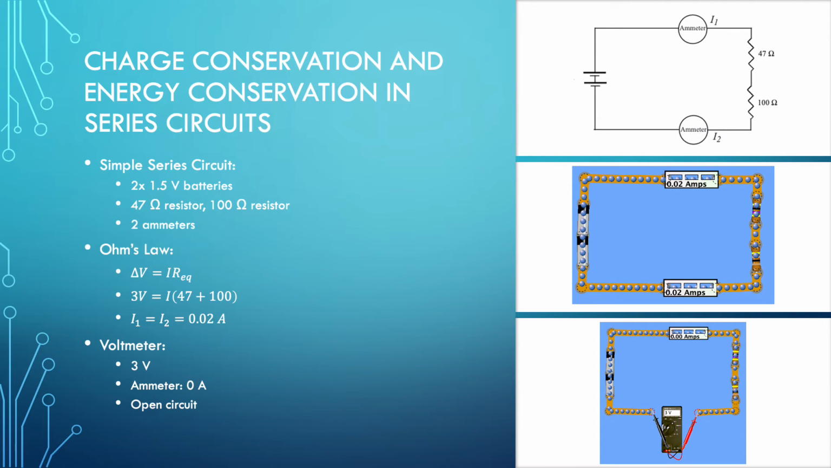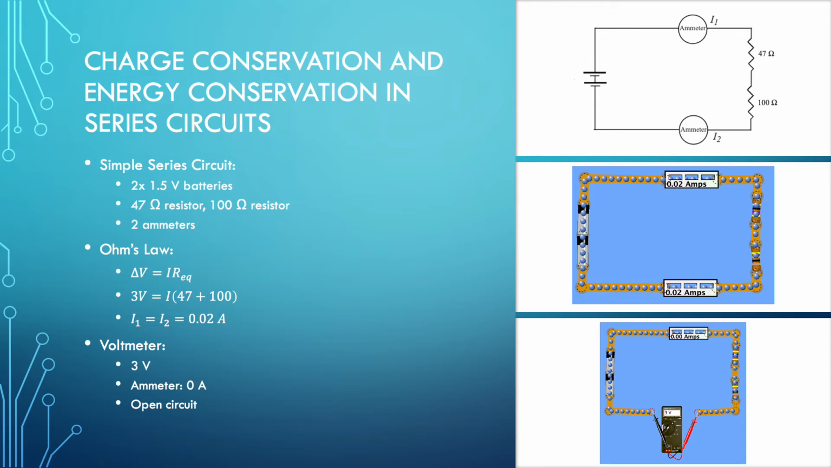In the first part of this lab, I created a simple series circuit with two 1.5 volt batteries, a 47 ohm resistor, a 100 ohm resistor, and two ammeters as shown in the diagram. Utilizing Ohm's law, I calculated the current through both ammeters to be 0.02 amps, which corresponds to the value read